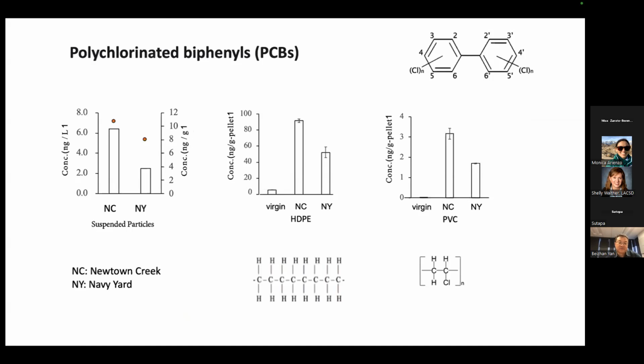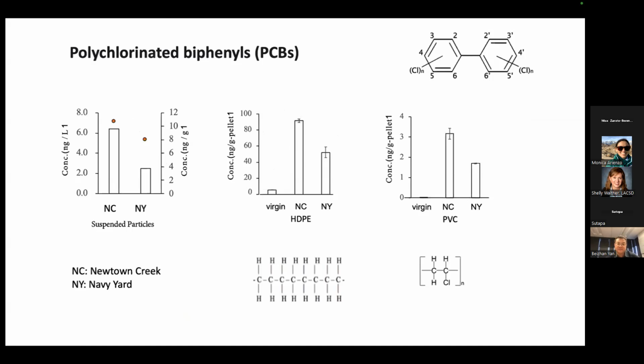The second plot shows the HDPE from the virgin pellets and also from Newtown Creek and Navy Yard after 100 days in the field. The concentration is in nanograms per gram of pellets. You can clearly see the virgin pellets show much lower concentrations, which clearly means that these PCBs are coming from the field, from the real environment. Compared with the concentrations in the suspended particles, it was even higher, about 10 times higher,